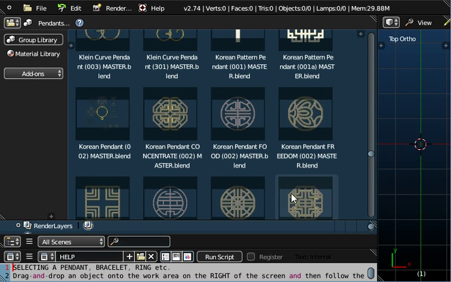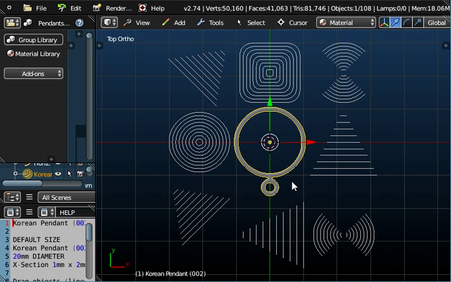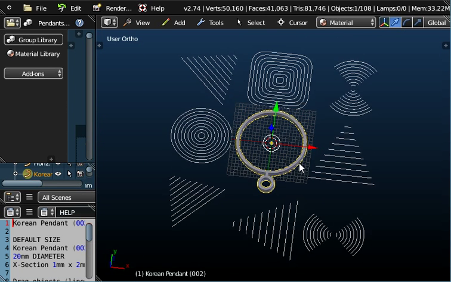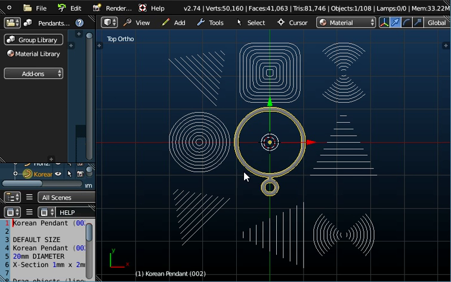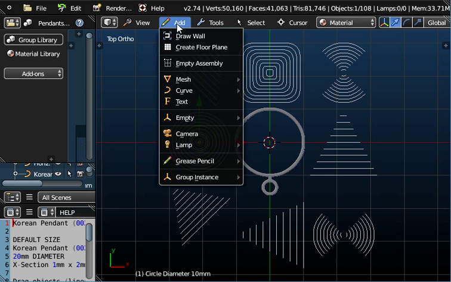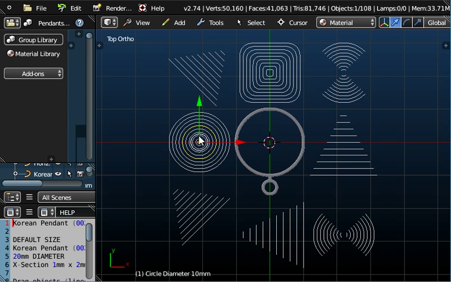So these designs here, these Korean style pendants, can be created from this object here. So this is basically a template. It's just an outline of a pendant. Okay, so you've just got the general outline of a pendant, and what we've done is we've added some NURBS circles and some NURBS paths. So we've just used this menu option here for NURBS circles. That creates these circles. These circles have then been changed into these shapes, and we've done that for you,